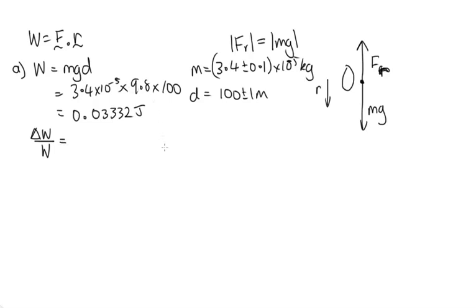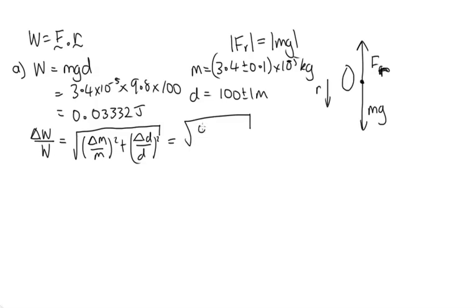We know that that's exactly 9.8, so this is equal to the square root of the uncertainty in the mass over the mass squared plus the uncertainty in the distance over the distance squared. We add them in quadrature, so this is equal to 0.1 over 3.4 squared plus 1 over 100 squared, and this is equal to